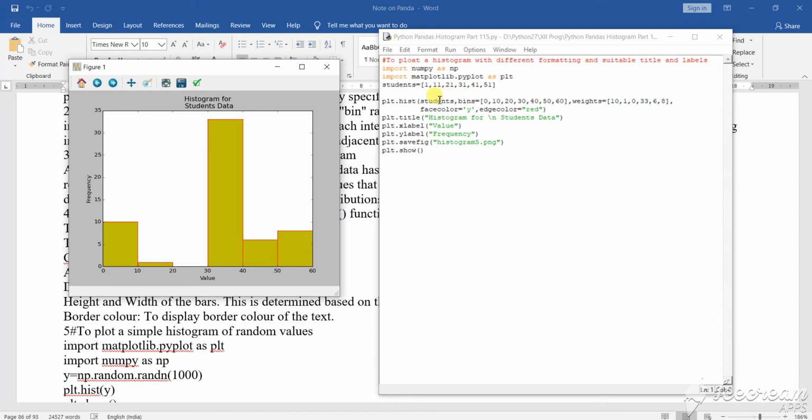As this arrangement is there, this particular arrangement will give you the total calculation as you are doing in the copy. So this is the calculation based on what? Weight. So you are calling the weight and you are calling the bins. And what is there? There are the students. Students started from 1 to 51. So based on that, your histogram has been plotted.